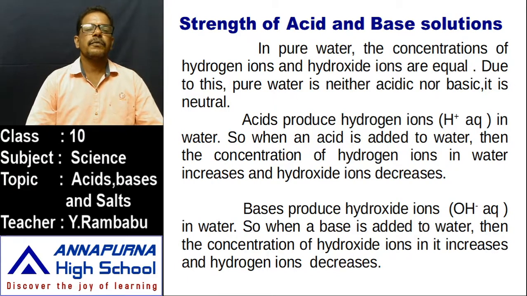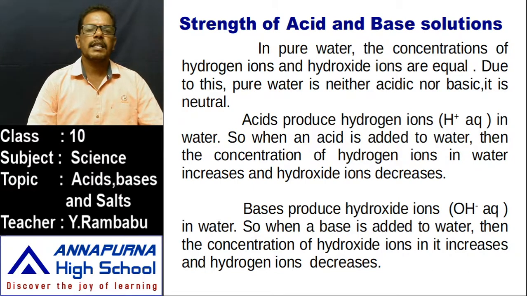For example, if we take water, we have already learnt about the electrolysis of water. If electricity is passed through water, what happens? It splits into its respective ions, that are hydrogen ions, H+ (aq), and hydroxide ions, OH- (aq). That means water splits into H+ ions and OH- ions.